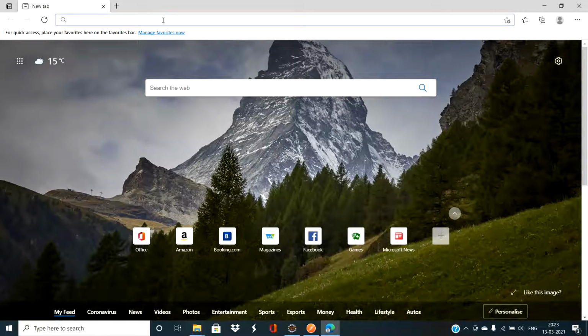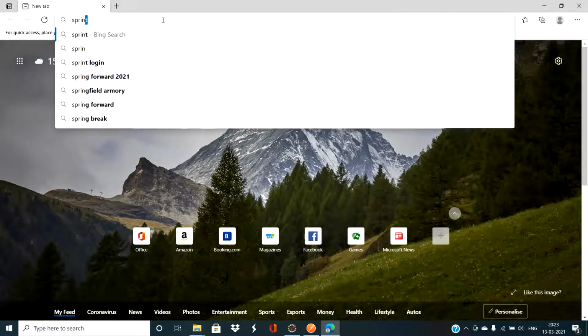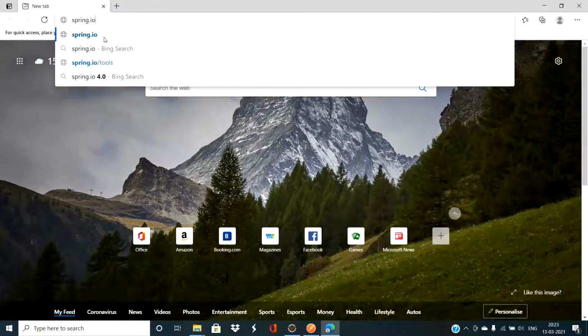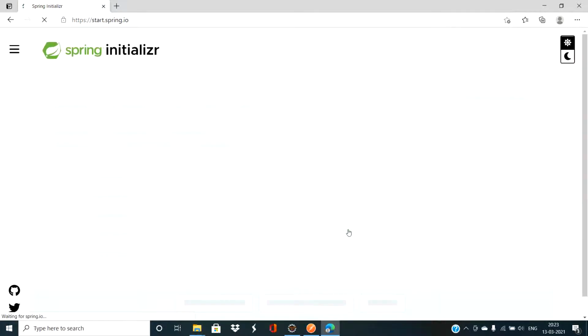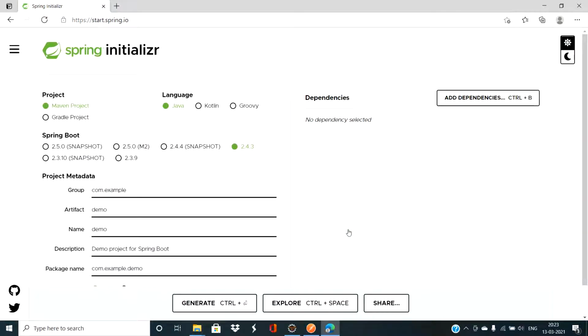I will go to the spring.io site. I will use Spring Initializr to create one small demo project. For build and deployment tool, I'll select Maven, and for the version of Spring, I'll select the latest one. It's a demo, so I'll name it basic authentication.